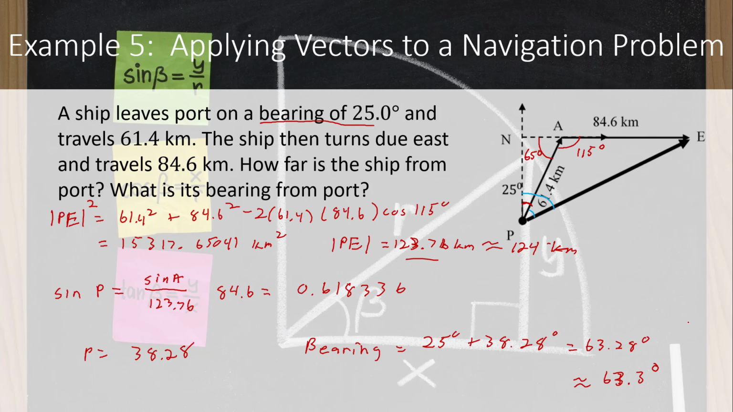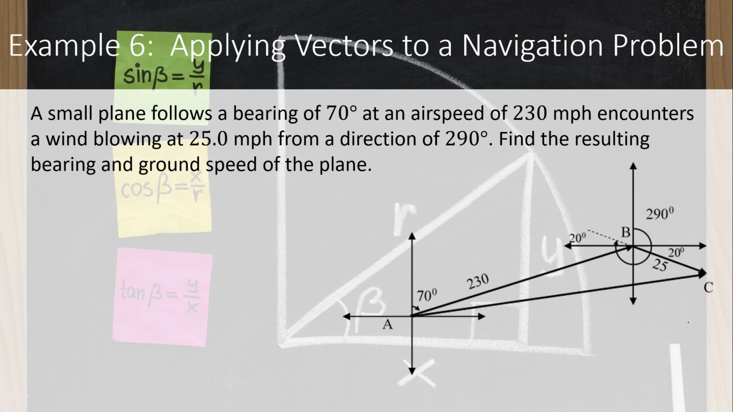Okay, for my last problem, we have this. Here we have a small plane that's following a bearing of 70 degrees. Okay, so here's our bearing. Once again, this is true north, and of course this is basically the exact same axis, just transposed. So, but once again, we have a small plane that's following a bearing of 70 degrees at 230 miles per hour. So this vector right here, we can call that AB, represents airspeed